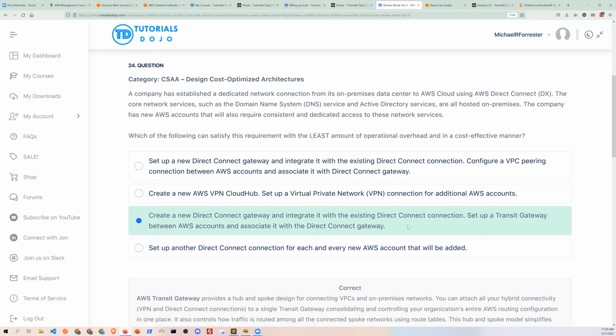And also, Michael, I think VPC peering needs 2 VPCs only on AWS to use it. Or can we do an on-prem to AWS connection with VPC peering? Well, what you can do is connect to the VPC that has the direct connect connection and just set up routes from there, right? So you can't do transitive peering, but if all of the VPCs are connected to the VPC that has direct connect in it, you can route through that to the direct connect connection.